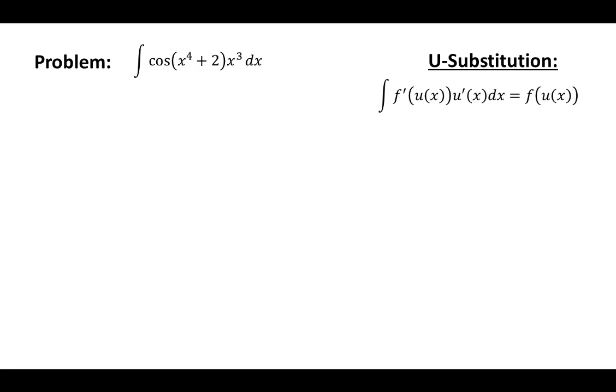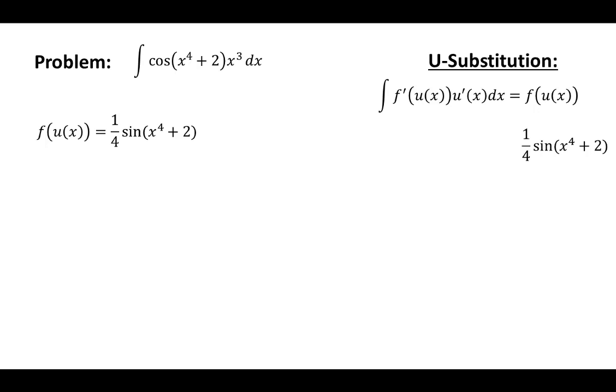Hope it doesn't spoil the ending for anybody, but I just want to give you the answer to see how this u substitution rule plays out. So the answer here is our f of u of x, or the integral of our problem, is going to be 1/4 sine of (x to the fourth plus 2). So let's go ahead and put that on the right side over here. That's our solution. So now we can work backwards from here and see how